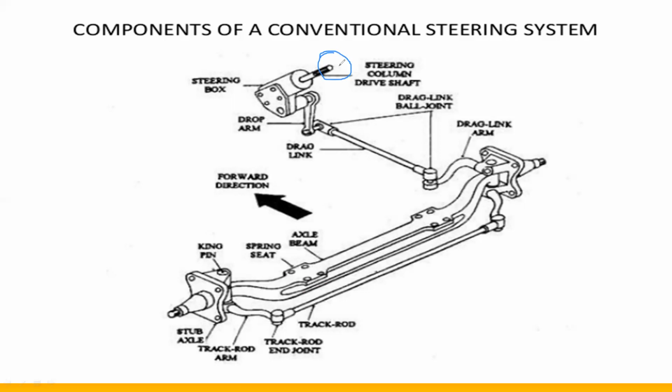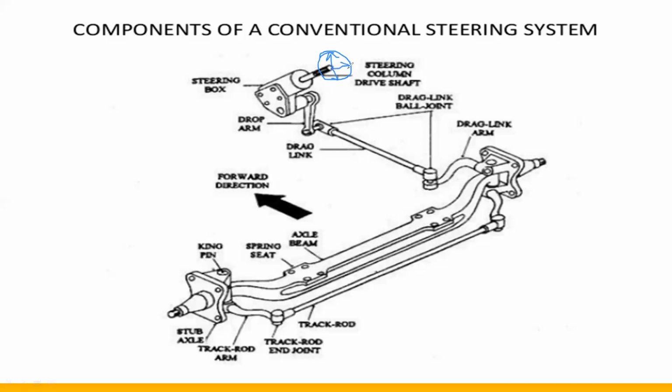What are the different components assembled to form a steering system in automobile vehicles? It is the drop arm. The drop arm is connected to the steering box, and the drag link is connected to the drop arm. These are the two main components in the steering system, because the rotary motion is converted into angular motion of the wheels. The steering gearbox converts the rotary motion of the steering wheel. So it is the steering wheel.